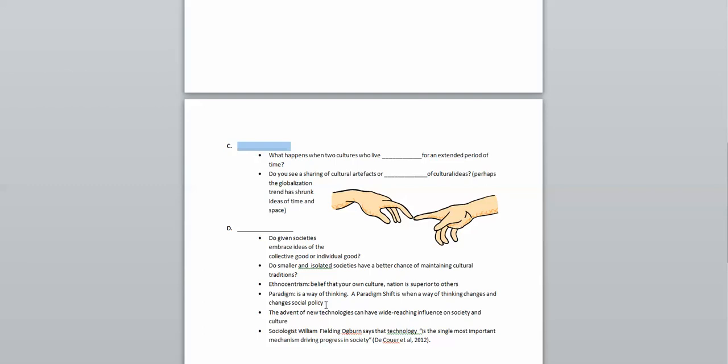So a paradigm, and there's not really a natural shift here, but a paradigm is a way of thinking. And a paradigm shift is when a way of thinking changes social policy. So I'll give you two examples of paradigms. And again, this is something we'll talk about in Unit 3 or 4. In terms of the environment,